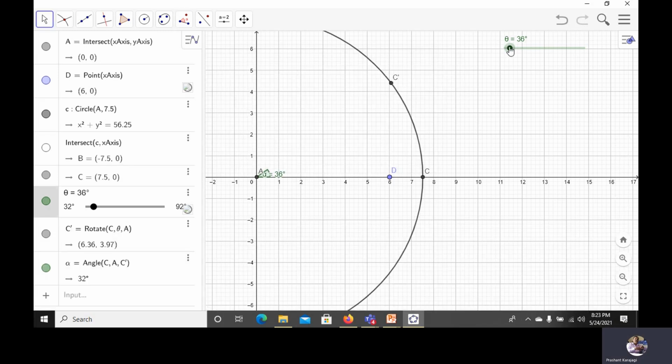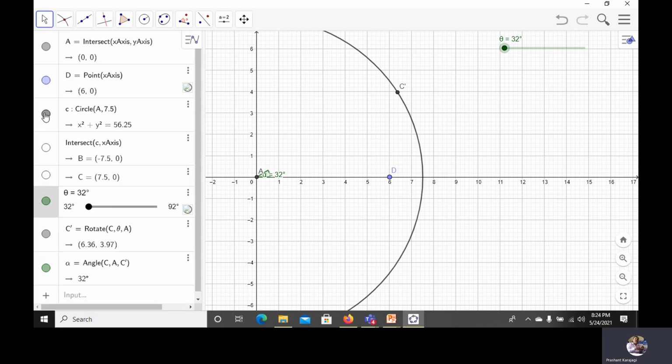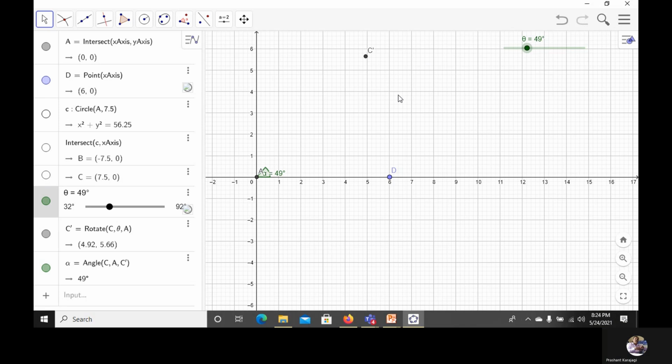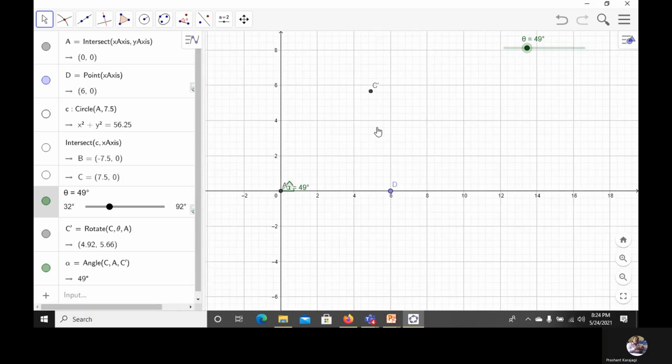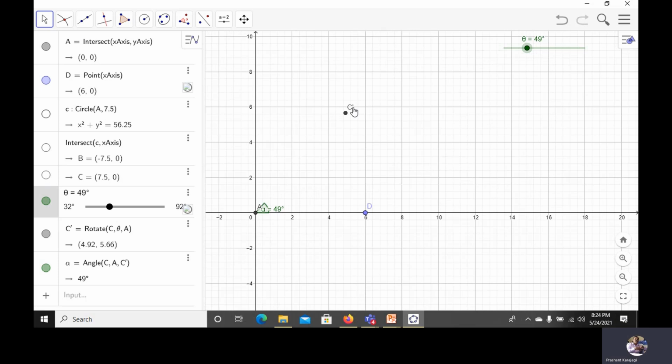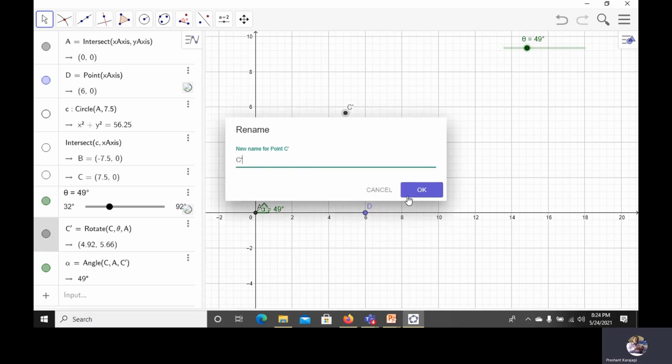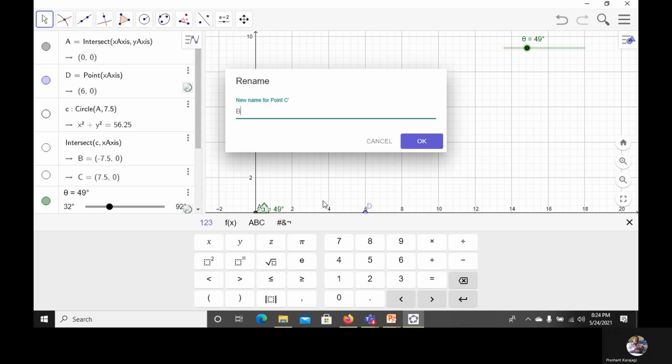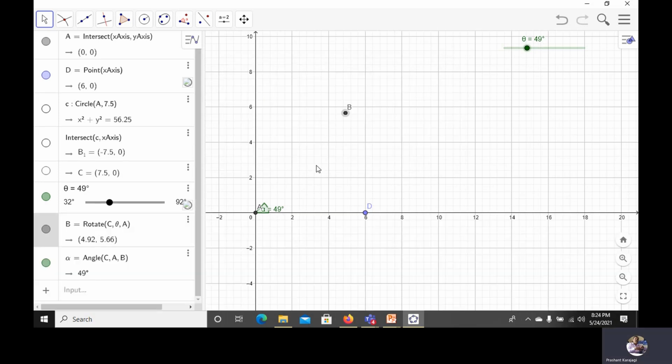Now if you vary this slider, you will observe a change in the position of point C. As we are not interested in point C as well as that circle, now rename C' as E. So now the input link AB is obtained.